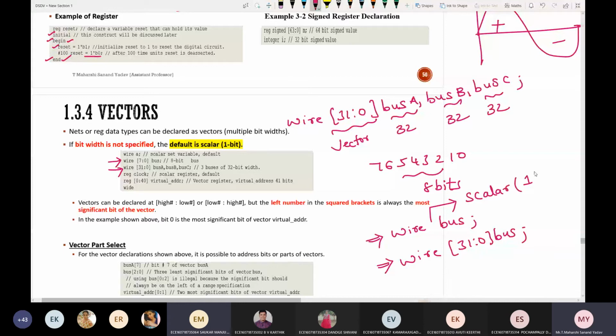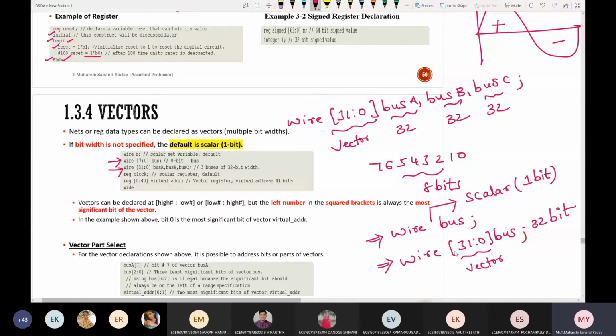Scalar means the default size will be 1 bit. If it is not mentioned, it will simply take it as scalar. And this is nothing but a vector. So what is the size here? 32. Depending upon your requirement, you need to mention the vector size.